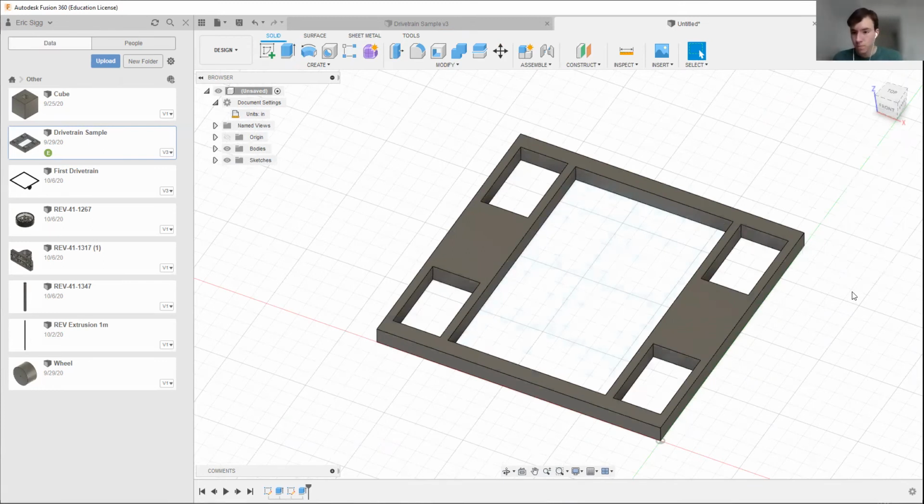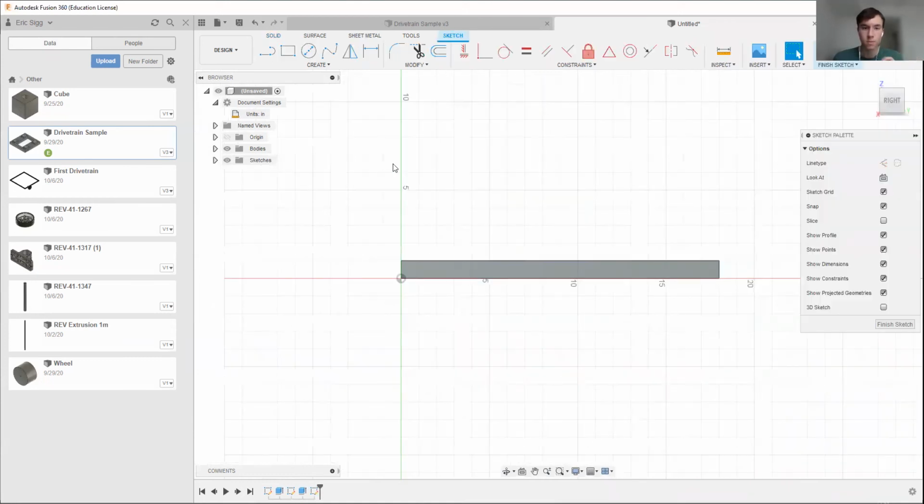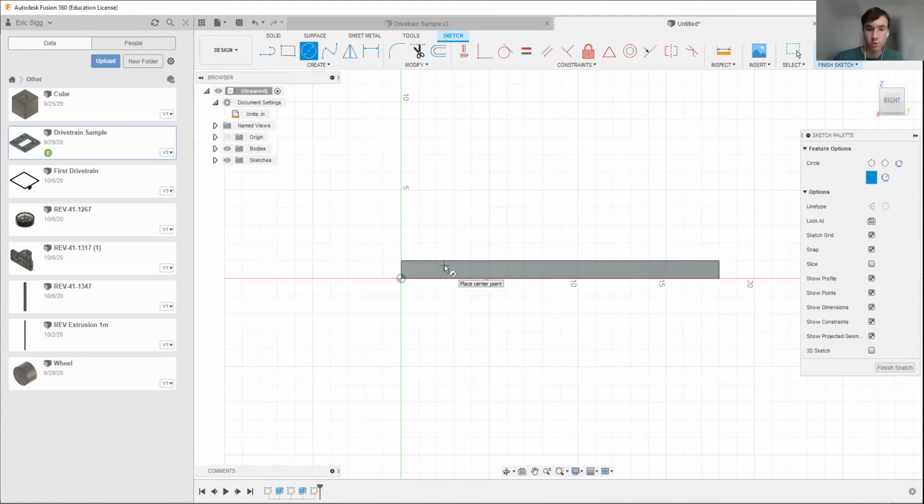So now, in order to mount our wheels, if we want to mount wheels to our structure, we need to cut holes for our axles to pass through. So the way we're going to do this is we're going to create a sketch on the side of our drivetrain here. Now, I'm going to create holes in my drivetrain in order to be able to fit the axles through. Now, however, I don't know exactly where I'm going to place those holes just by looking at it from